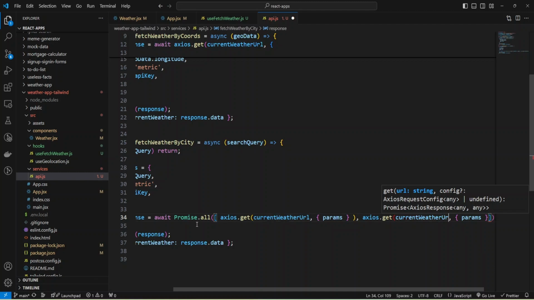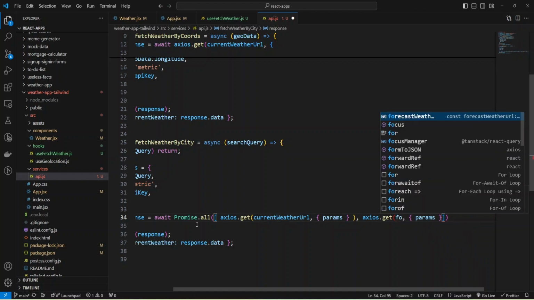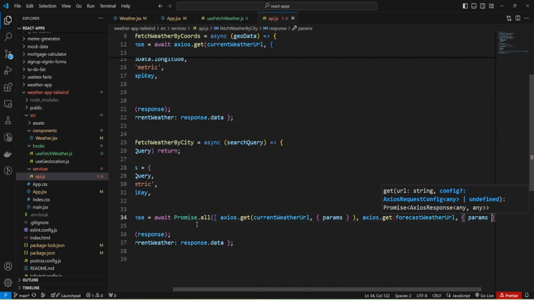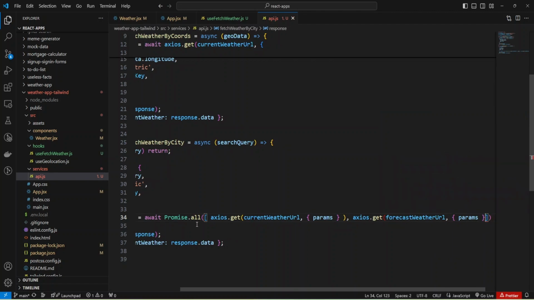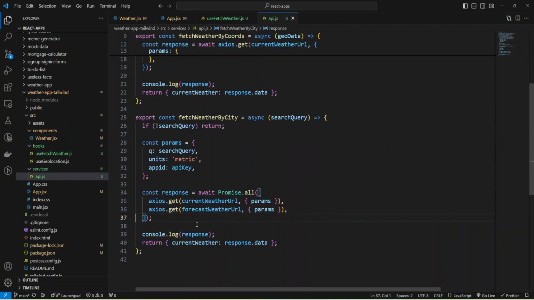I need to change URL here. Forecast. I have some error, and okay, I need close. Okay, and now we'll have two responses, and let's name first current, and the second forecast. Okay, and now we can return current weather to current data, and forecast will be forecast data.